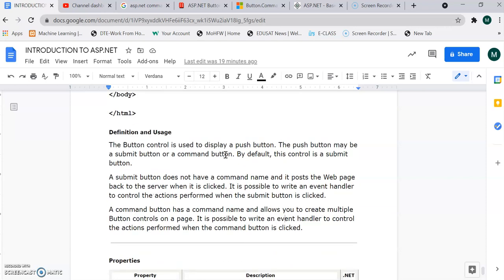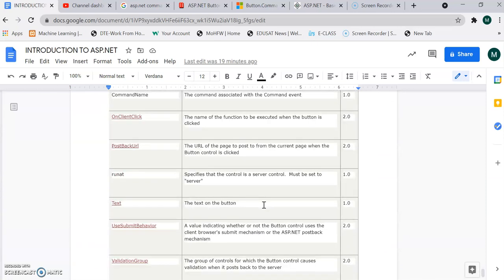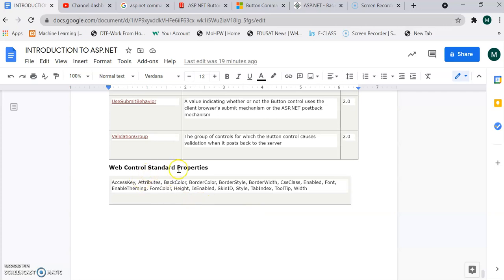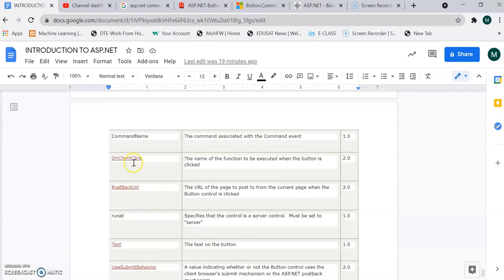For the submit button, there is no need to fill in a command name or a command argument. So what are the different properties? The same properties that we have learned for the text box and the label, the web control standard properties, are applicable. Along with that, some important properties are OnClientClick, which decides what function gets executed when the button is clicked.